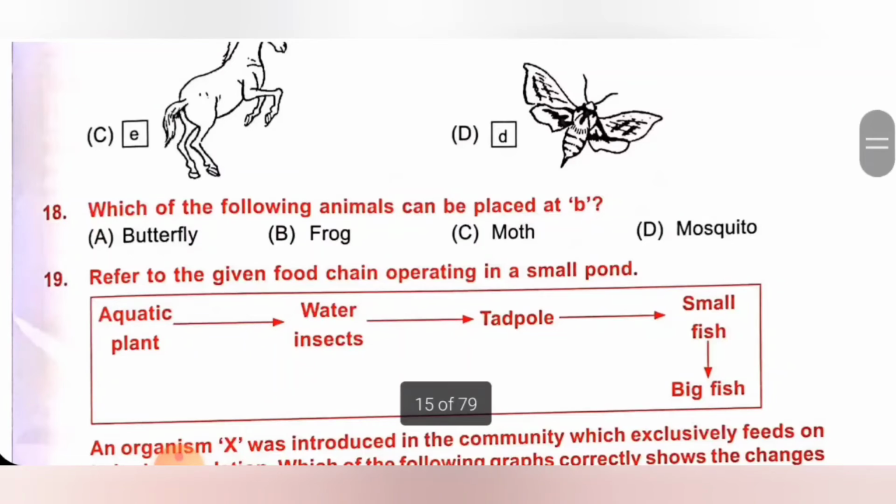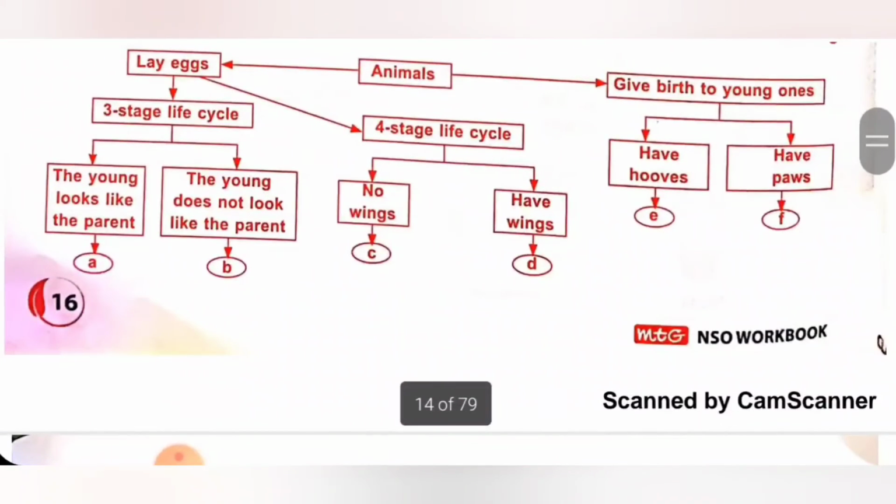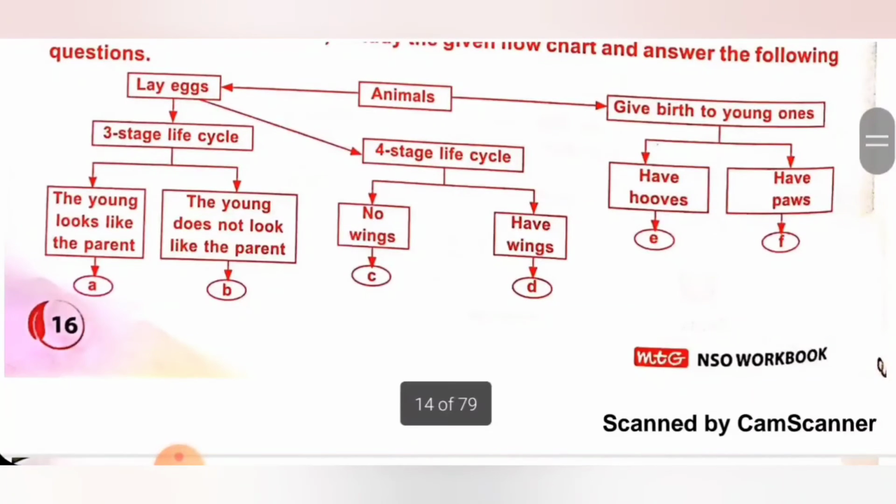18th. Which of the following animals can be placed at B? Option A, butterfly. B, frog. C, moth. D, mosquito. So in the place of B, check. It lays eggs and it has a 3-stage life cycle. The young one does not look like a parent. Okay. So